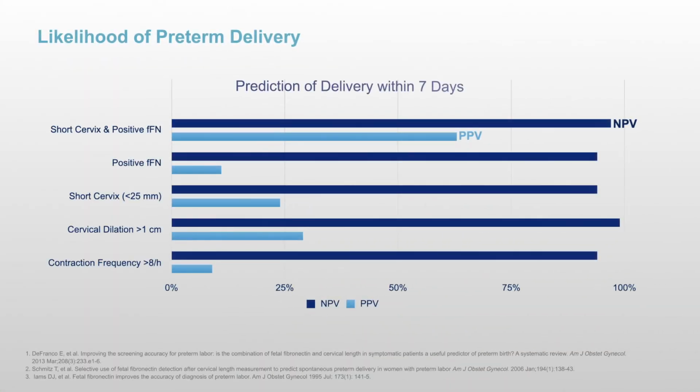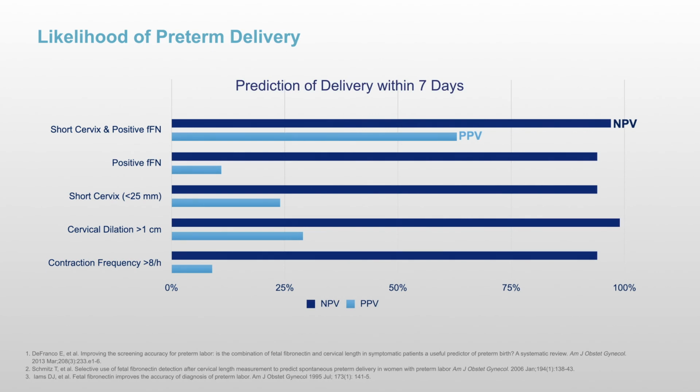When we're working on labor and delivery at 2 in the morning, we don't really want predictability less than 32 weeks. We want to know, is the patient going to deliver within a week? Do we need to do something to that patient? Do we need to admit her to the hospital and provide interventions, or can we safely and confidently discharge that patient? In this slide, you can see the negative predictive value in dark blue and the positive predictive value in